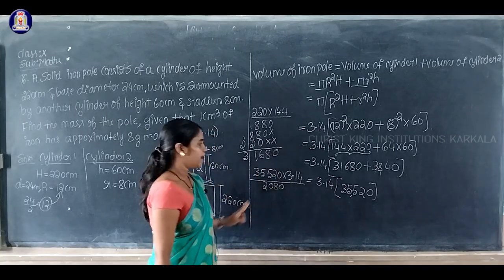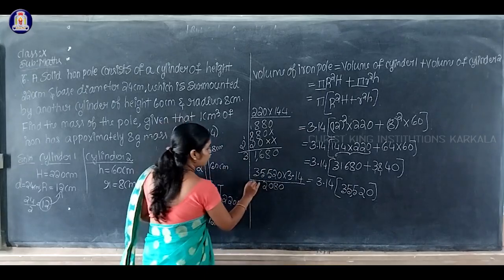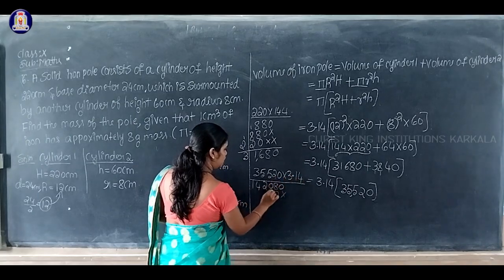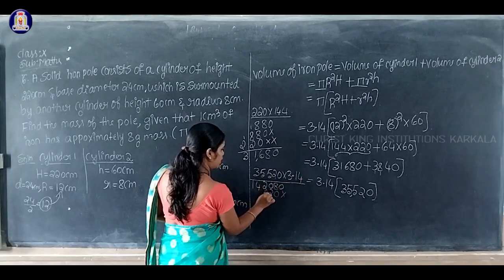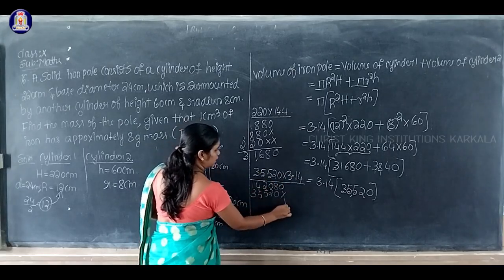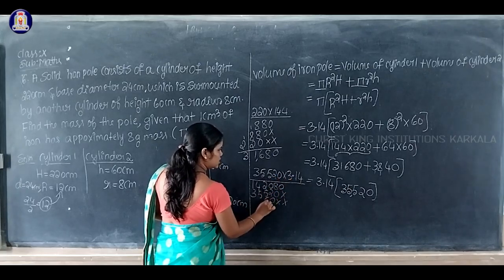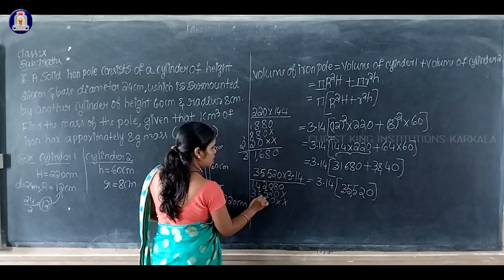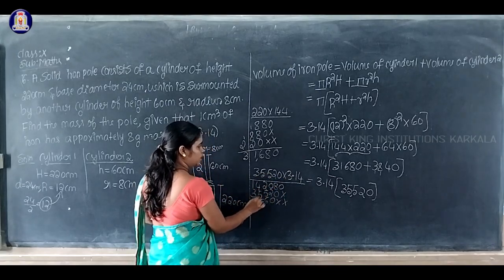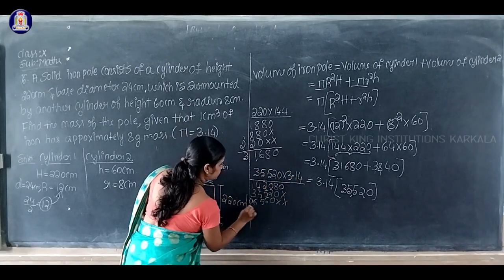22, again 2 carrying, 4 3s are 12, 12 plus 2 equal to how much? 14. Okay, next 1 into 0, 0, 1 into 2, 2, 1 into 5, 5, 1 into 5, 5, 1 into 3, 3. Next 3 into 0, 0, 3 2s are 6, 3 5s are 15, 1 carrying, 3 5s are 15, 15 plus 1, 16, 3 3s are 9, 9 plus 1, 10.